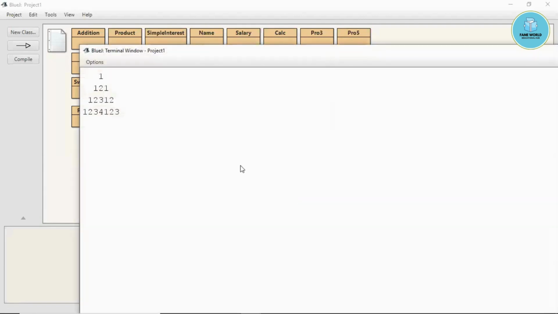So now you can see when we had taken d less than i minus 1, it reduced two rows, and now with d less than or equal to i minus 1 it is taking the correct one. So this way we have done this program also, and like the pyramid program we have done right now.